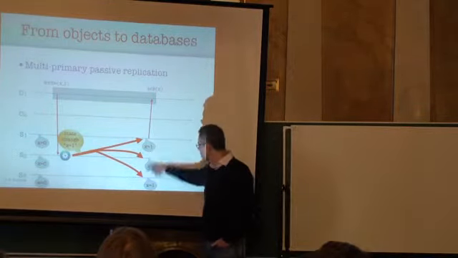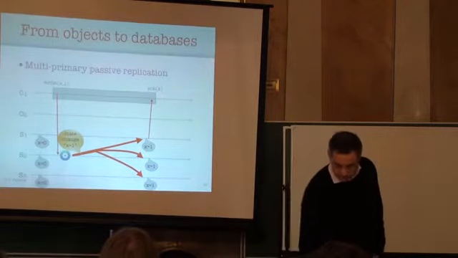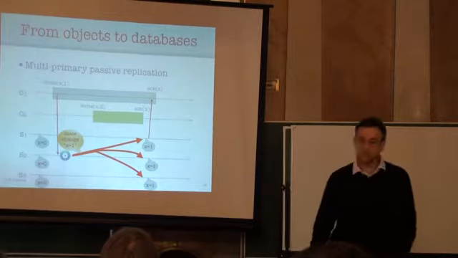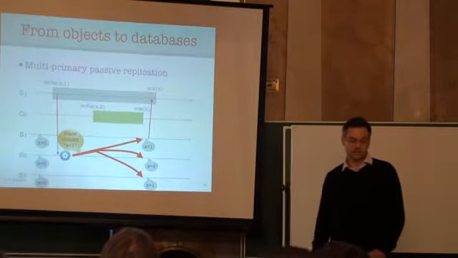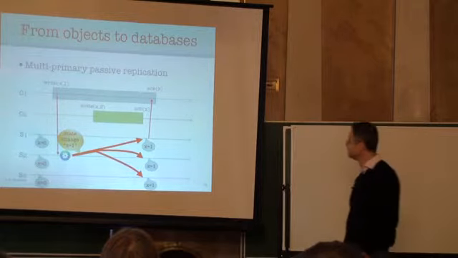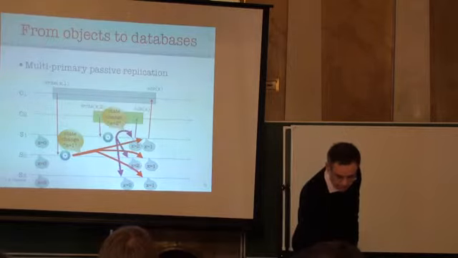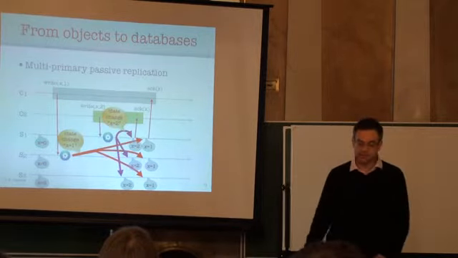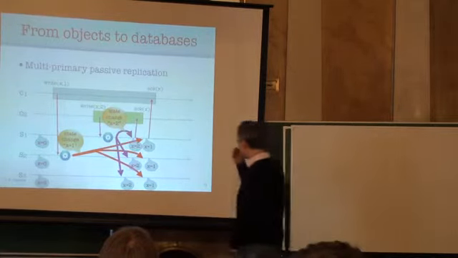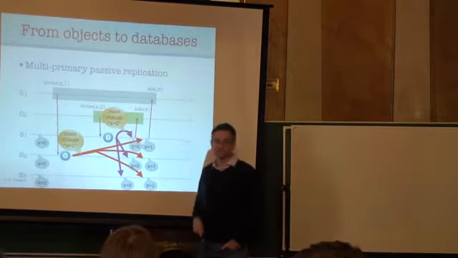Whenever the servers receive it, they install it and reply back to the client. Now, in the meantime, client C2 decided to also change the value of X. And just like there, it chose server S1. It sent the request to server S1, which processed it